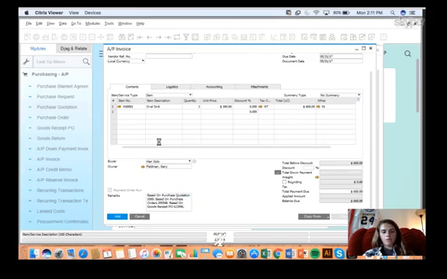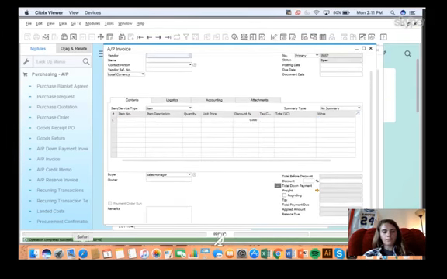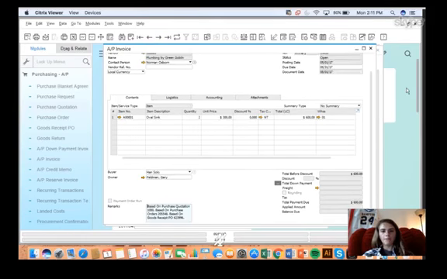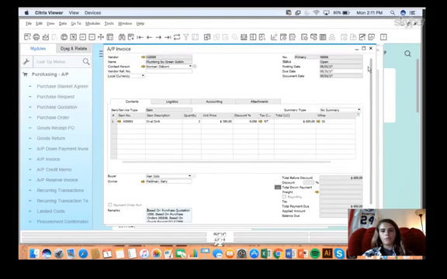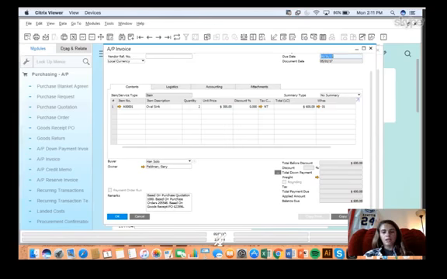We're okay, we can change anything. It shows that our operation has been completed successfully, and then we go back, look at it, and we notice that our accounts payable is due the 31st of May, so you better make sure and pay those. And then you can also copy this to an AP credit memo,